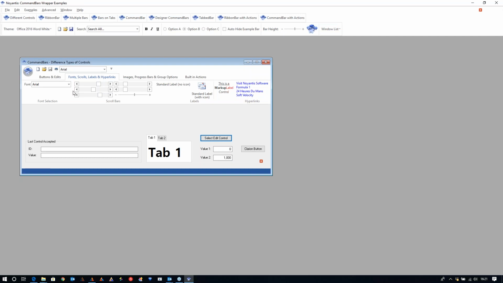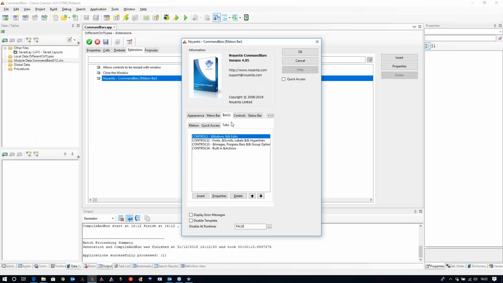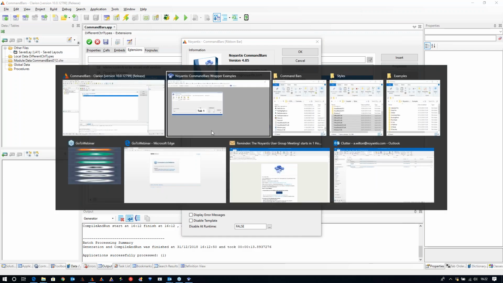Now let's go with this example here, the button pop-up. So we know that is called the controls. Let's go to that tab, and we've got some settings for that, but the main thing from a hierarchy point of view is what groups have we got. And we've got 2 groups on this tab. We've got a buttons group and an edits group, and visually